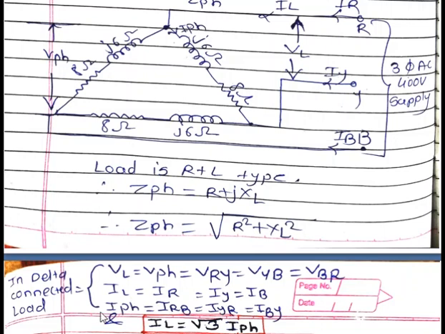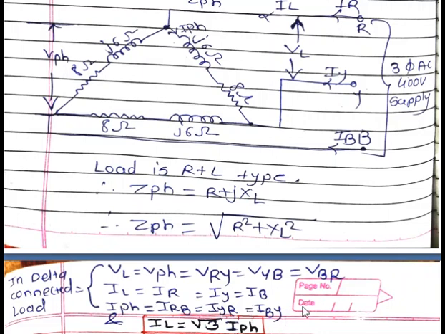Therefore, here we have written the phase current IPH is equal to IRB. IRB means this IR current passing through the Z1 impedance plus Z3 impedance. Also, the second phase current is IYR, that is, this current passing through the phase impedances Z1 plus Z2. And IBY is the phase current, which is IB current passing through the phase impedance Z3 and phase impedance Z2 or ZY or ZB. Therefore, here the phase currents IRY, IYR and IBY are equal.